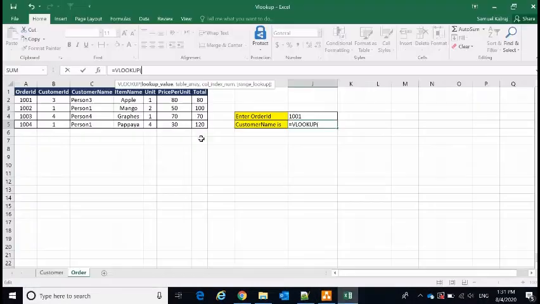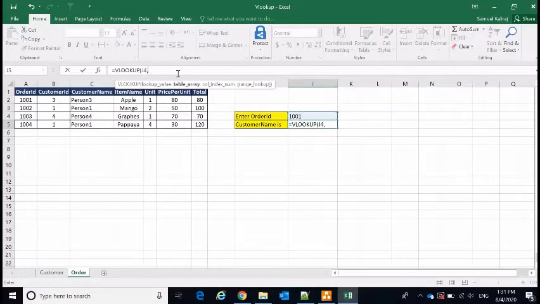Which value do we have to search? We have to find this order ID. Either you can click on the cell or you can directly input it, it is J4. I want to find the value entered in this cell, J4.